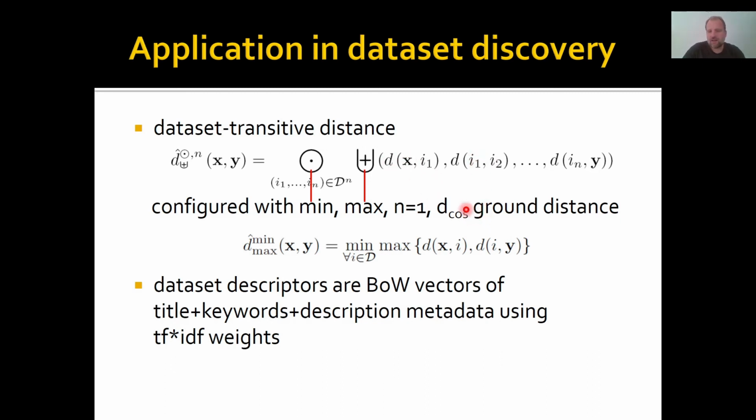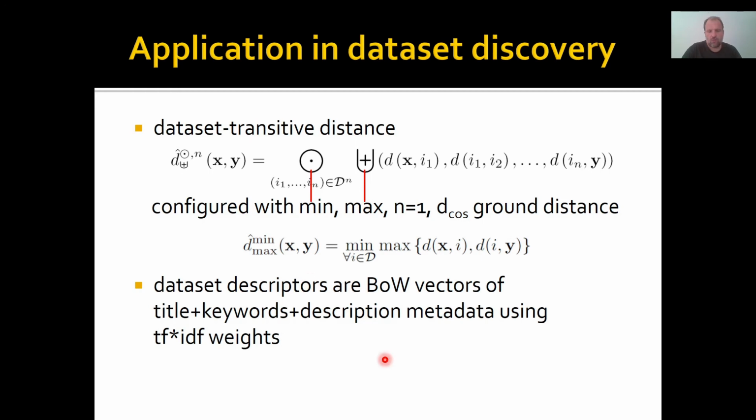And the ground distance was chosen as the classical cosine distance, and the descriptors that we are using for the objects themselves, for the datasets, are just vectors created from the concatenated information, title, keywords, and description by means of TF-IDF, and we are using the bag of words model. Well, so this is the basic setting,